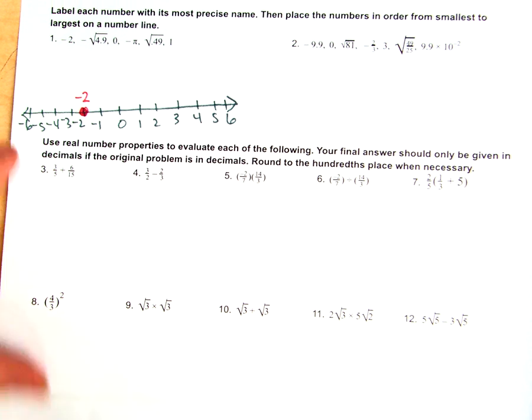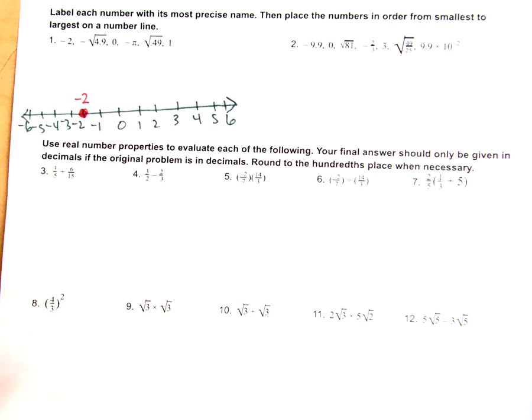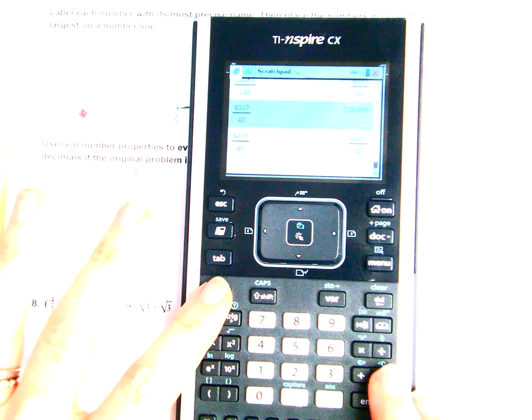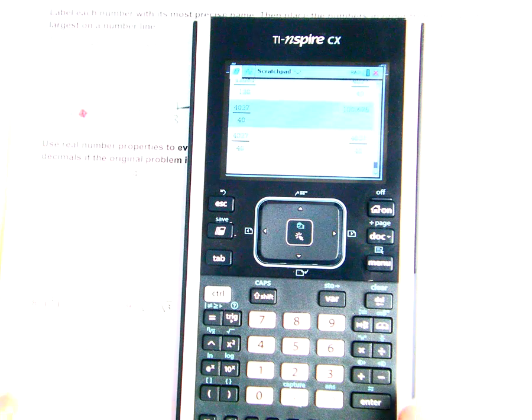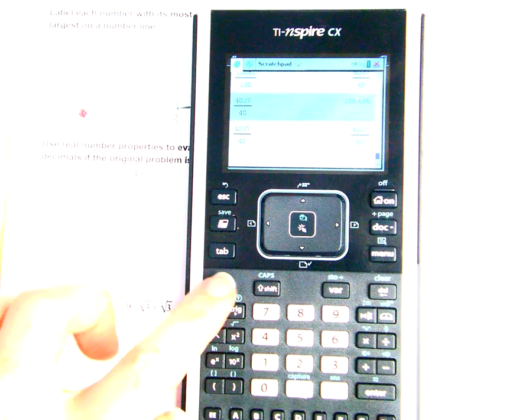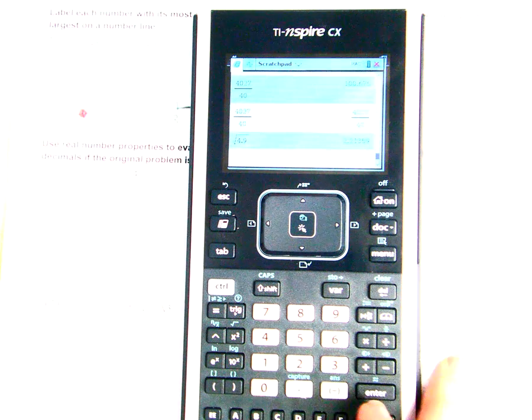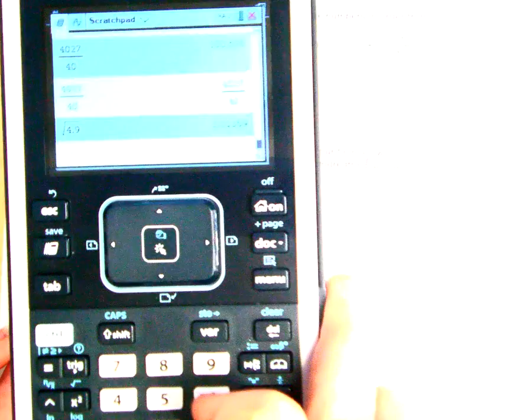And then the next thing you're seeing is negative square root of 4.9. And it is perfectly fine if you can't do that in your head, okay? You have a tool, you've got the calculator, go ahead and utilize your tool. So we're going to go to the calculator, and I'll try to darken that up just a little bit. I think that's as dark as I can get it. And we're going to type square root of 4.9